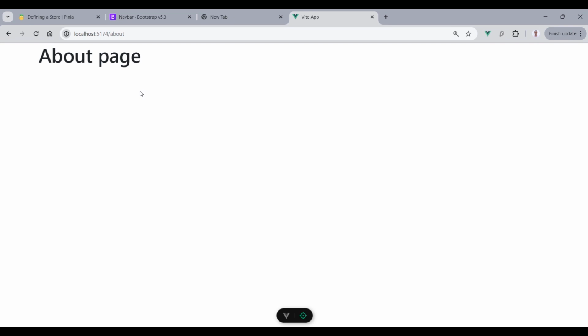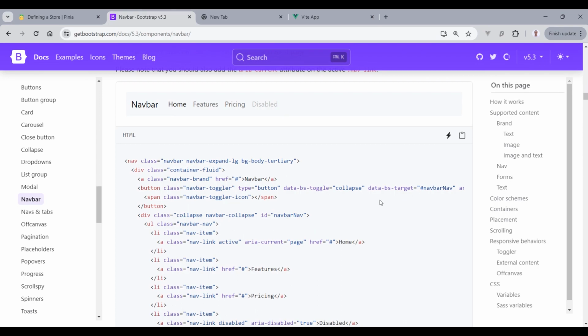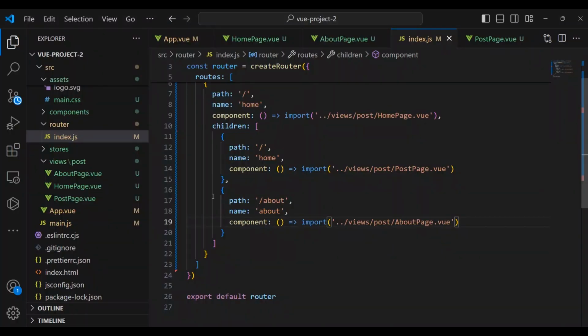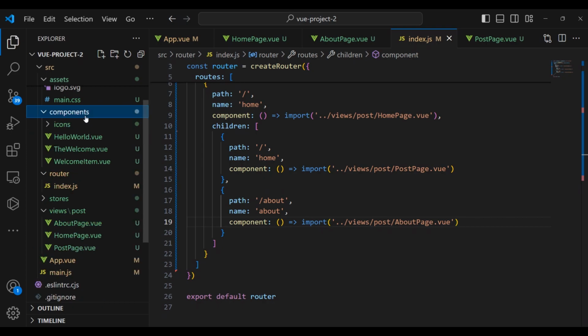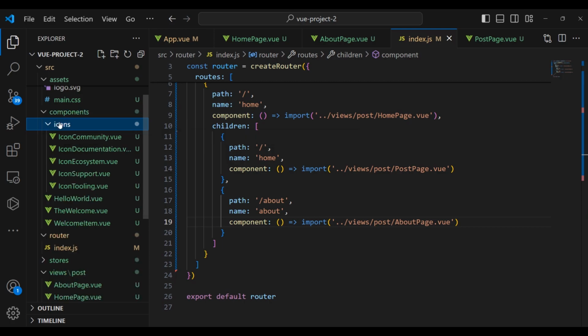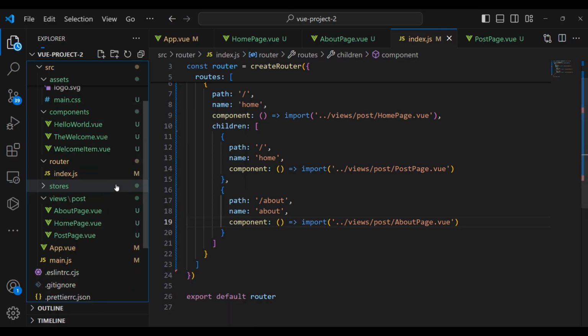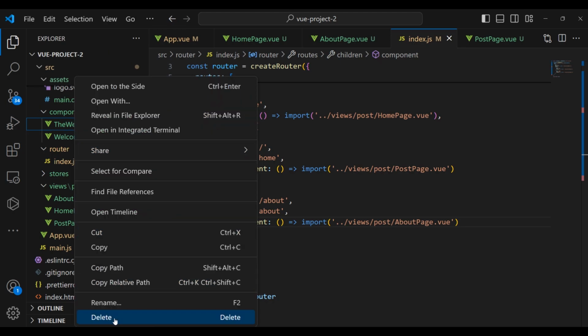Now, the next thing we have to do is add a navbar. A navbar is going to allow us to toggle between pages. And then I'm going to go to Bootstrap, and again I'm going to copy this menu. And I'm going to create a component because we already learned what a component is. If we get into the components folder, we are going to see we got a default component that came with Vue when we installed it. We're going to delete the icons folder and all components, and then we are going to create